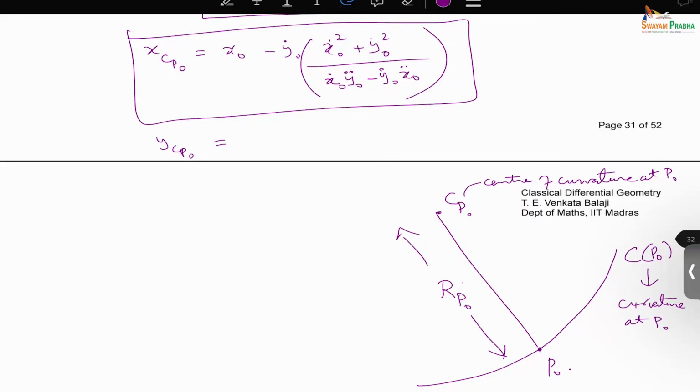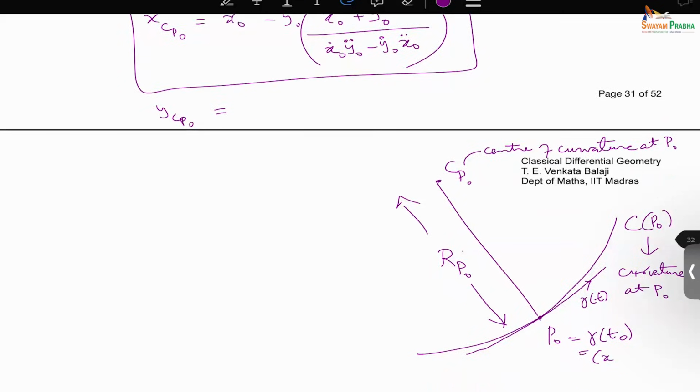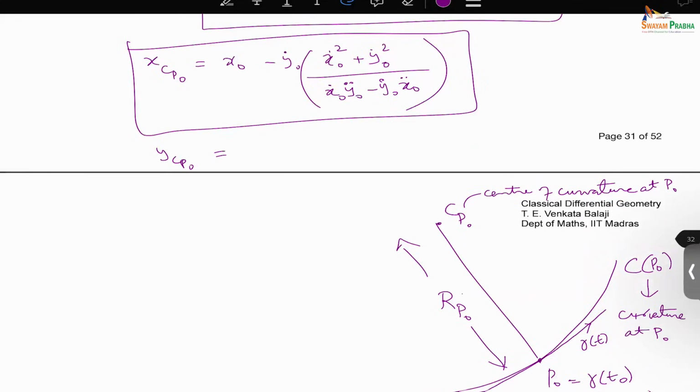You have this curve going very close to the circle. So this is your gamma t. Okay, and P naught is gamma of t naught. Okay, so this is the picture, and this P naught has coordinates x of t naught, which is x naught, and y naught. Okay, x naught is just x of t naught, and y naught is y of t naught. Okay, and so you see, if you calculate this,